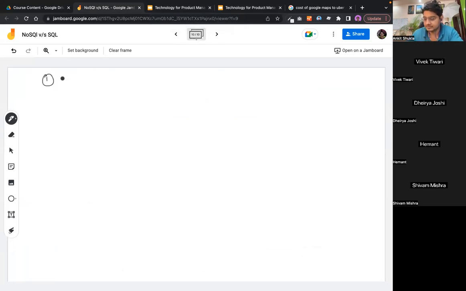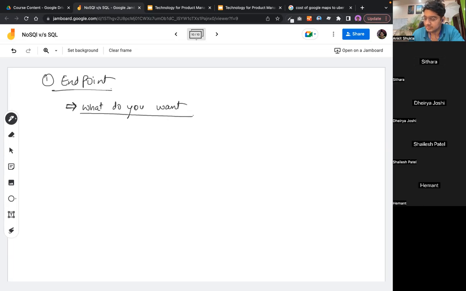The first thing is endpoint. So what is an endpoint? Endpoint is mostly about what do you want. Okay, what part of the service do you want to access? Okay, so consider this as